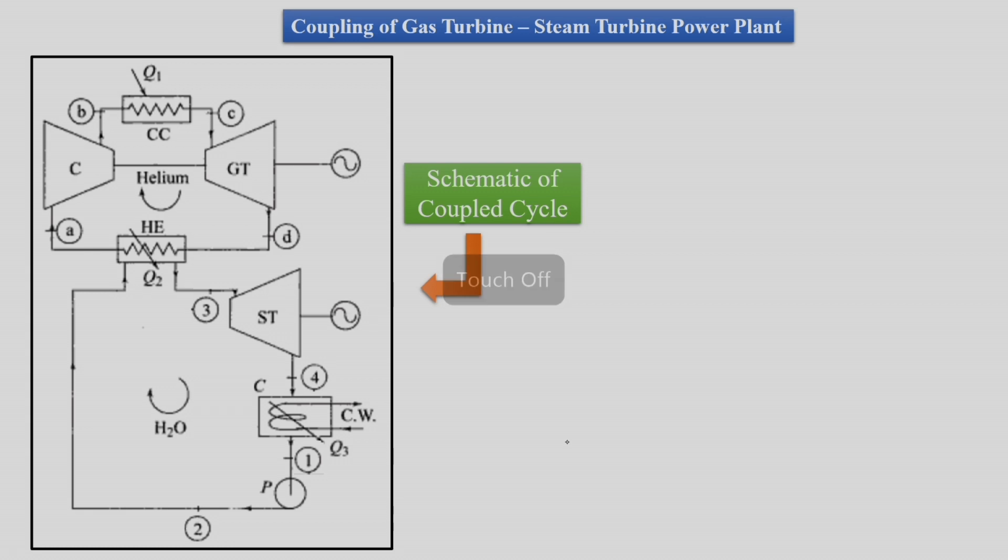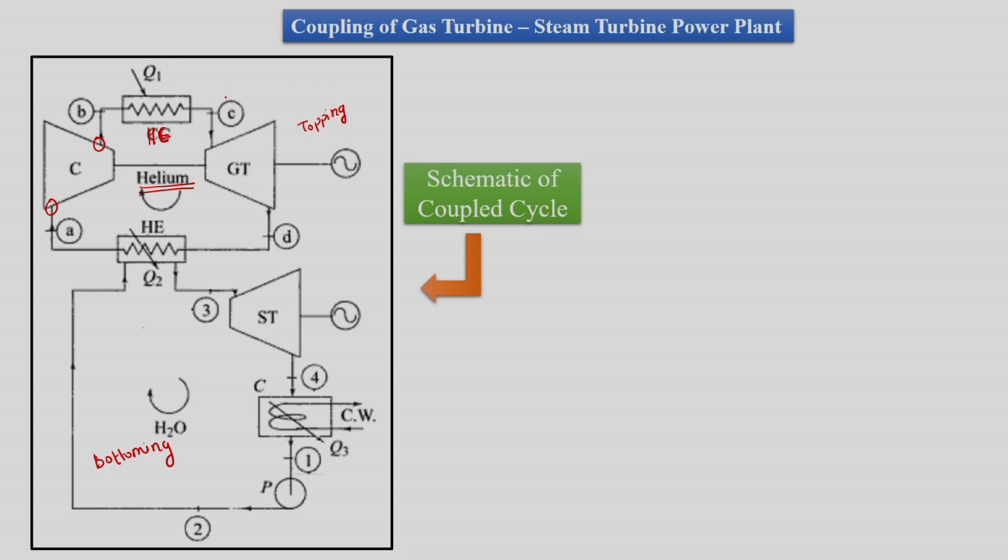We saw in the last class that we will have the gas turbine cycle as the topping cycle. So this is our topping cycle and this is our bottoming cycle. In this topping and bottoming cycle we have a compressor from A to B, which increases the pressure of the gas used in the gas turbine cycle. Then we will have heat addition into the heat exchanger. This is the heat exchanger.